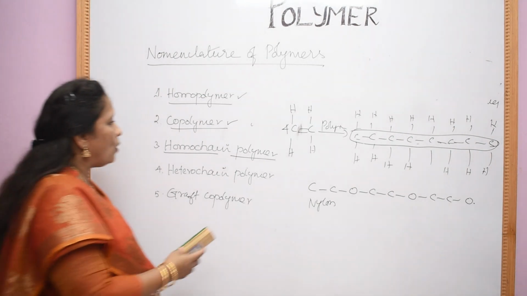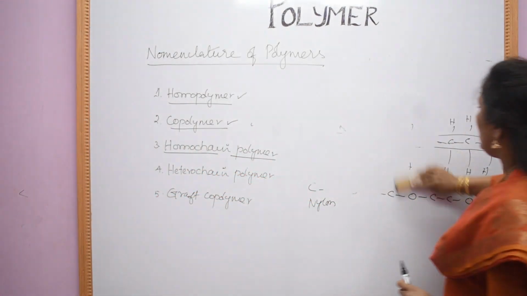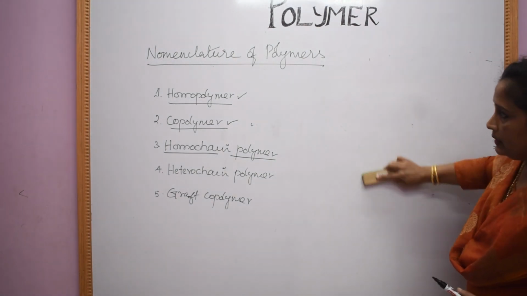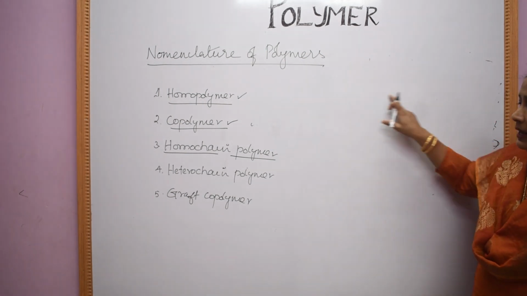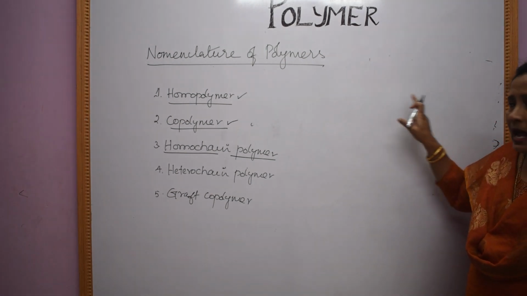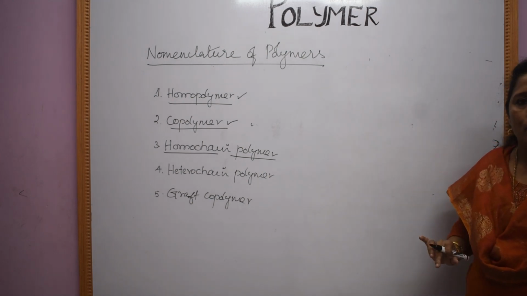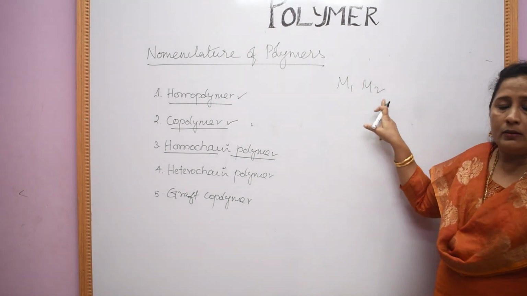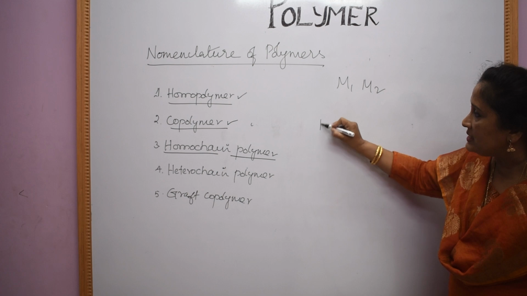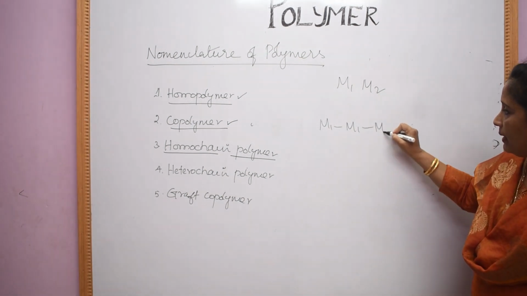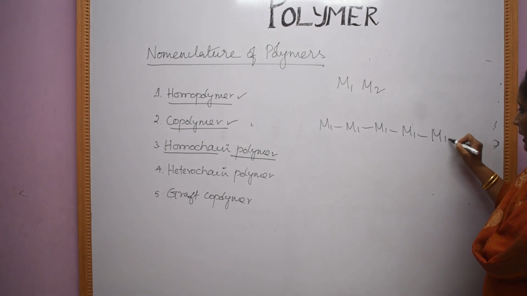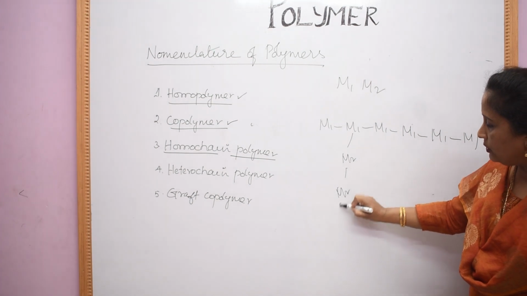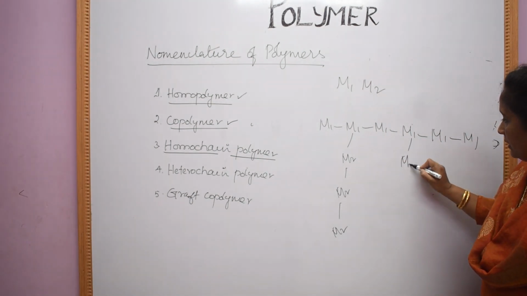Now let us move on to what is a graft copolymer. You know, a copolymer is made up of 2 different monomeric units. Here in the graft copolymer, the main chain will have one type of monomeric unit and the branches will have a different type of monomeric unit. Suppose I am taking M1 and M2 as the 2 monomeric units, okay. Now the main chain will be made up of one type of unit like M1 like this, right? And the branches will have M2 like this, M2,